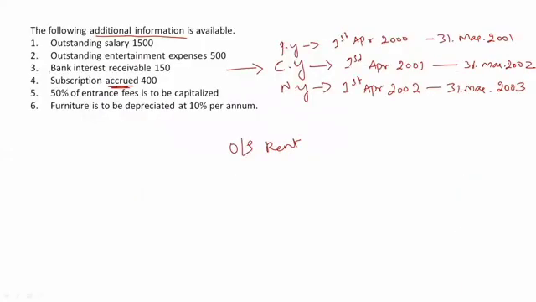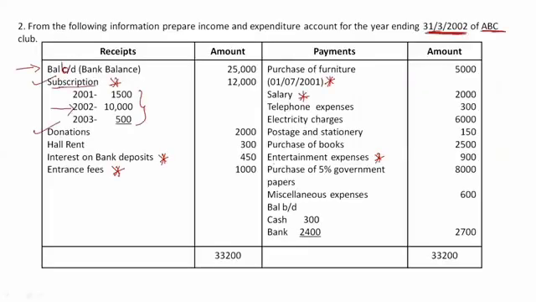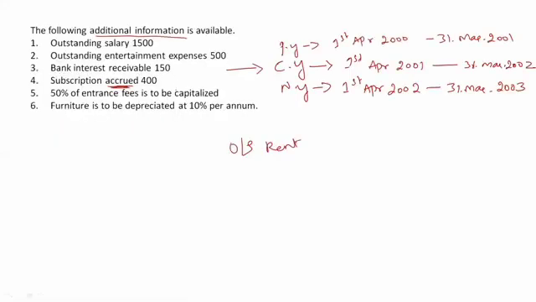So we have third adjustment, bank interest receivable rupees 150. Again it's the same thing like accrued. Receivable in the sense I had to receive, but still I have not received it. I will receive it in future. It's same like accrued itself. You can call it as bank interest accrued rupees 150. So along with 450 rupees, which I have already received, I should also be receiving 150 rupees. So definitely I will add both of these.